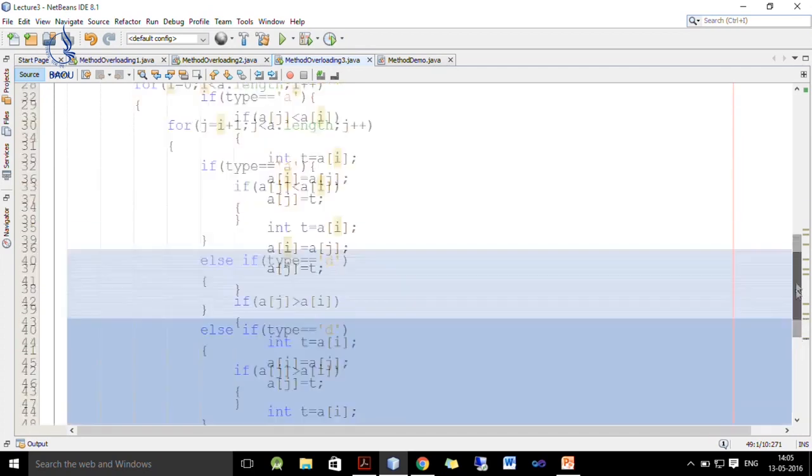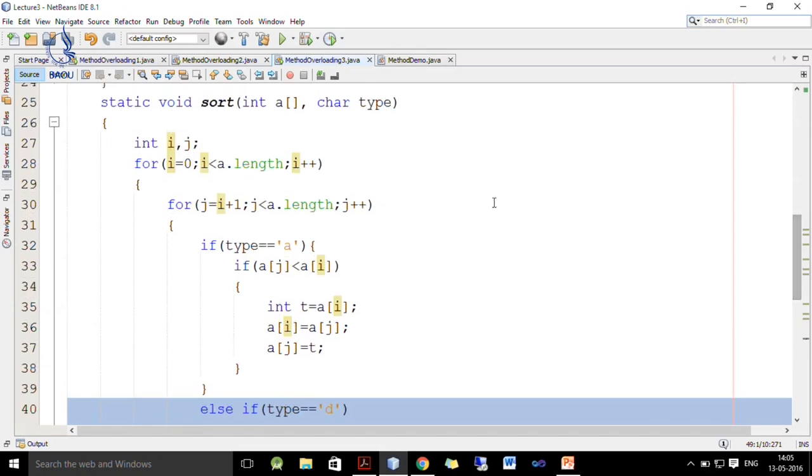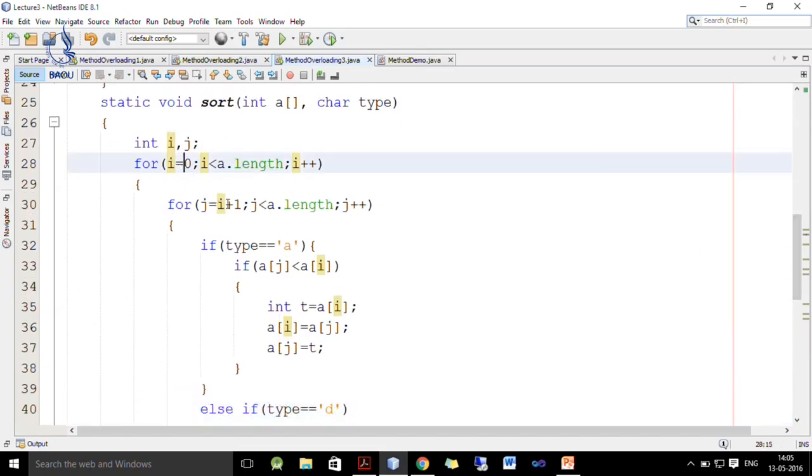So, how does this sorting work? It starts with the 0th element and compares it with the rest of the elements. If we want to sort in ascending order and any element which is less than the first element is found, it will be replaced by that element.